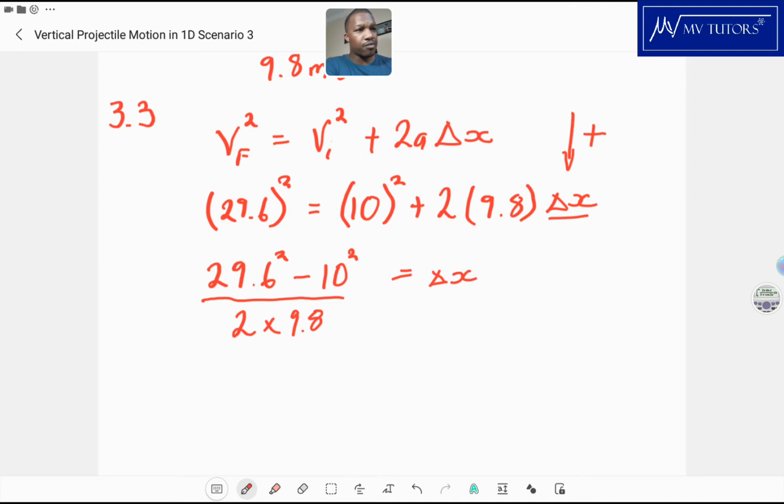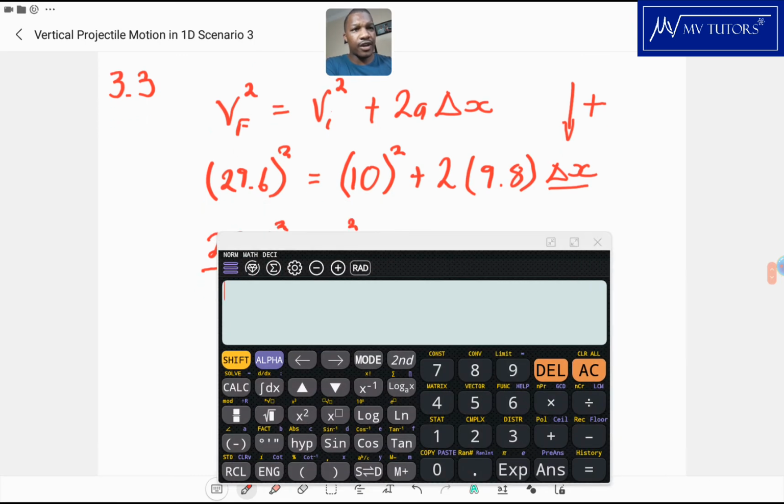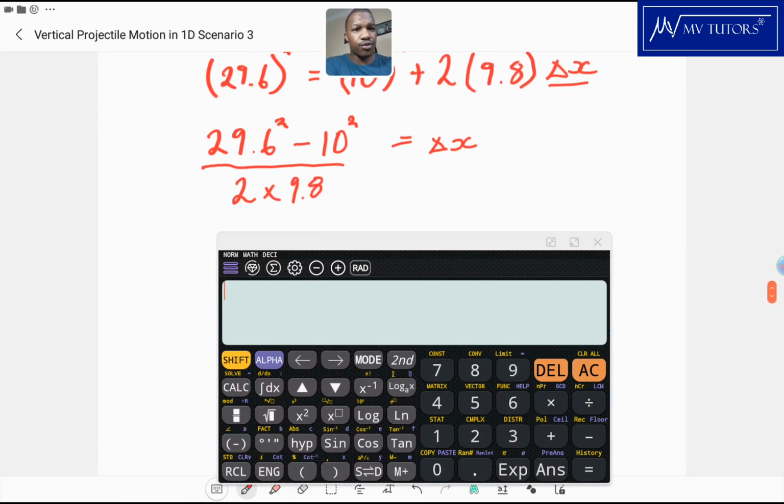Let me bring my calculator over here. So we have 29.6 squared minus 10 squared, and at the bottom we have 2 times 9.8, and that gives us